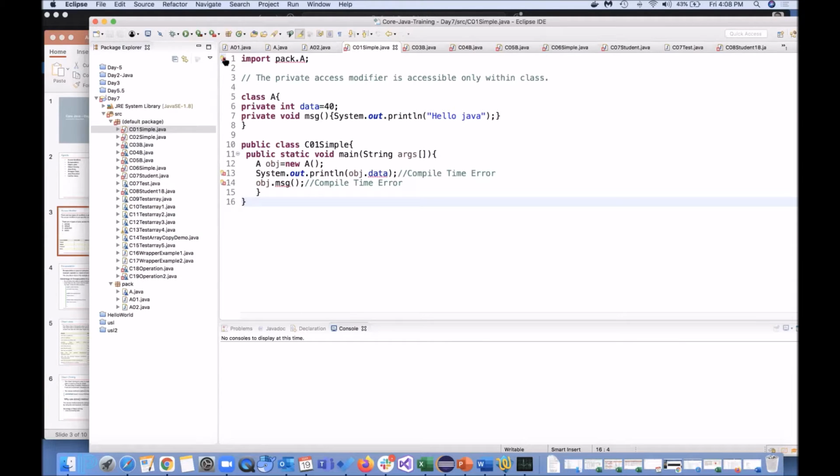and the type A is not visible. The private access modifier is accessible only within the class. So, and we are having this class A also, which is created here, and on the top of this I want to, wait. Let me do one thing. Can we